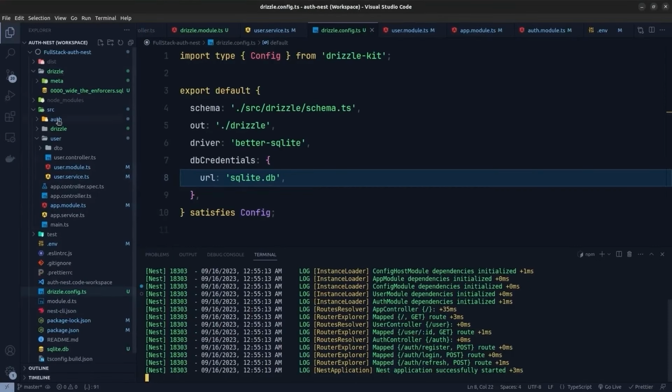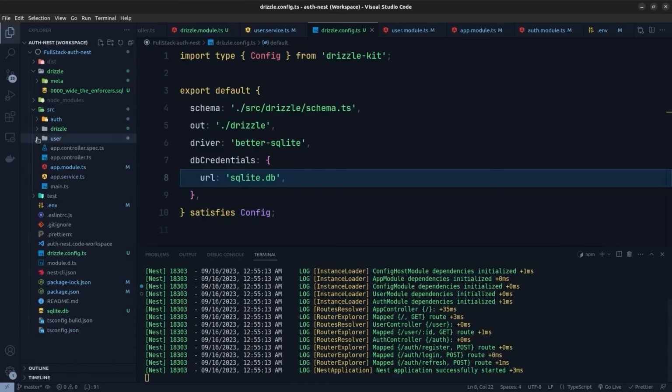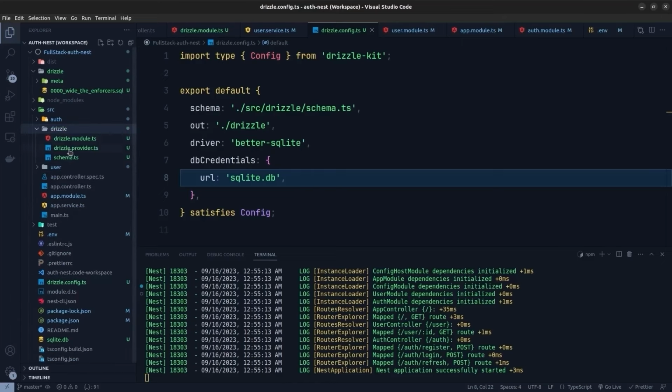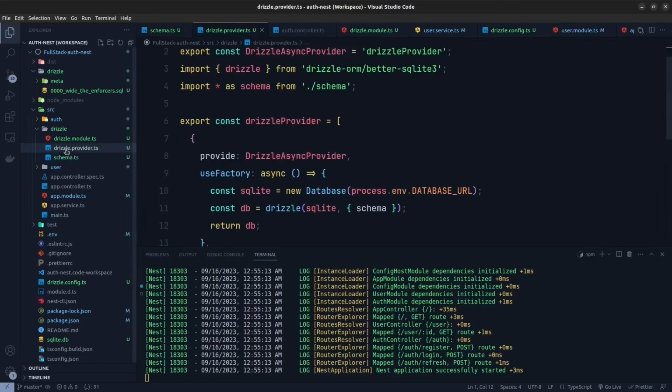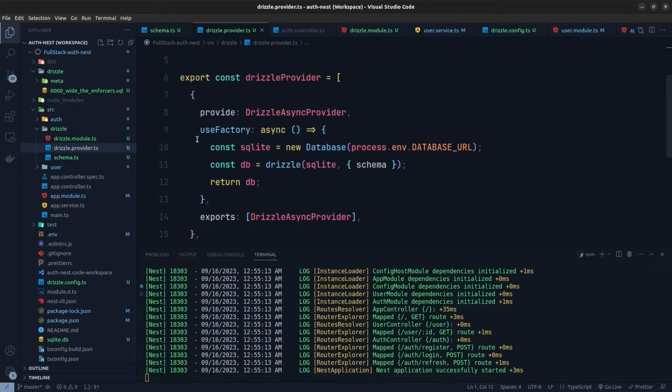First, we removed the Prisma client and Prisma directory here. Then we install the Drizzle ORM, Drizzle kit, and also the Better SQLite 3 driver, which is a Node.js driver for SQLite. And then we have created the Drizzle module, and inside it we have created the schema file which contains the user table, and then we have created the drizzle.provider, and it's a list that has an object, and this object has a provide, a useFactory function, which is an async function that creates our Drizzle ORM DB client and just return it from this